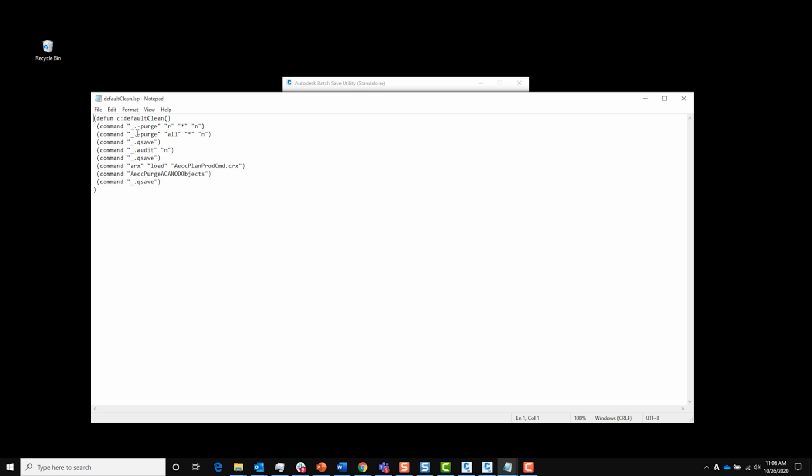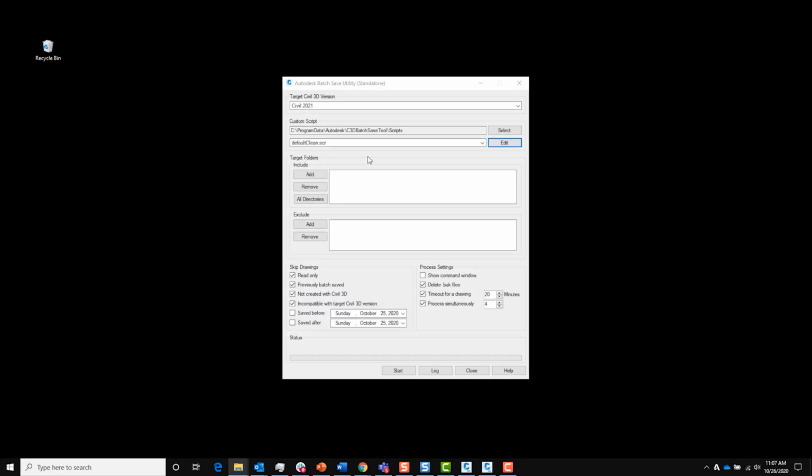These are all things that you could go to each drawing and type in. You'll recognize the purge command, R for regapps, asterisk for just hitting enter to continue, and then no to verify. So what this is doing is it's purging twice. It's purging regapps, it's purging all, including empty objects, zero length text objects, that kind of thing. It gives it a save, it audits, saves again. So I'm going to close this, and we'll use the batch save tool.